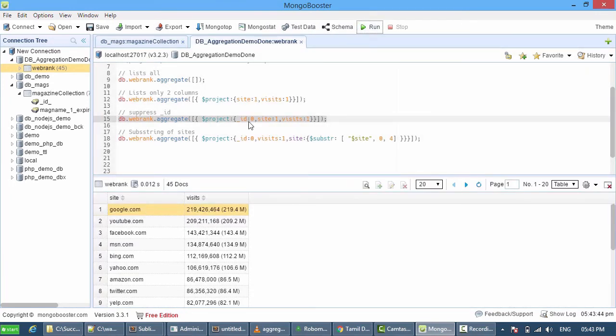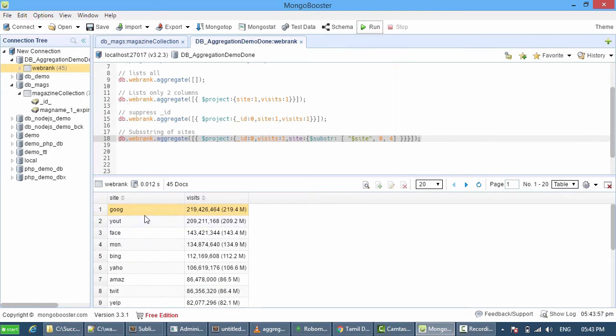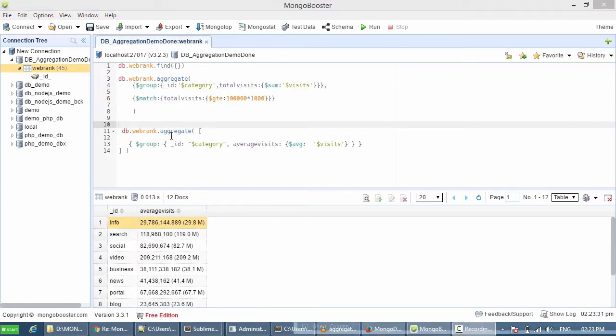So now we have clearly 2 fields selected. ID is suppressed. Following that, I'm going to do a substring of sites. So let me select that. So as you can see here, the site field has only 4 characters. That is because of the substring function which we have done over here. Please note that we have 2 site. One is a site variable and another one is a site field.